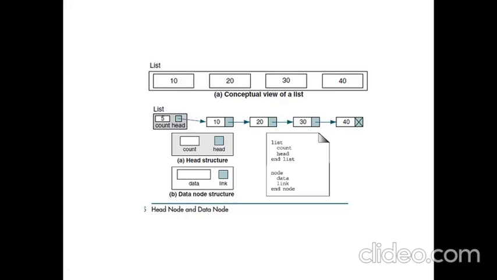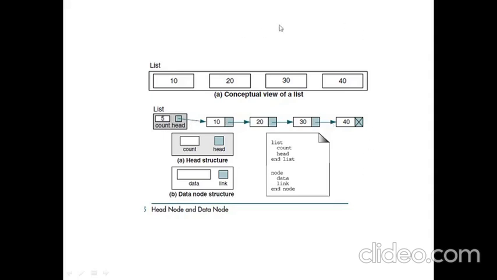Then coming to the data link, so this is the data node, which contains again two elements: the actual data and the link pointer. Here the actual data is nothing but the data that we want to store, whatever data we want to represent through that particular node, that is filled here, and there is a link pointer which contains the address of the next node. So basically we will be creating a chain of links such that all the individual nodes are interconnected. So physically they are actually independent nodes, they are not even in sequence.